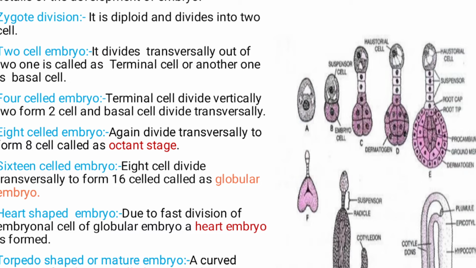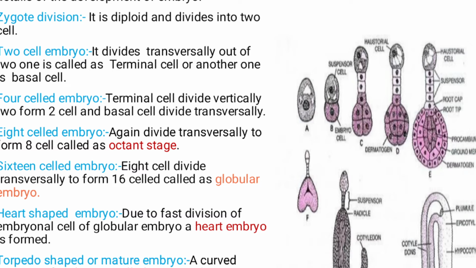Now again it divides. The two cells again divide transversely to form four cells: 1, 2, 3 and 4. The embryo cell divides into four in number. It is called the quadrant stage and it forms a T shape. In certain plants, the basal cell also forms the hypocotyl, that is the root end of the embryo, in addition to the suspensor. The terminal cells are arranged in a T shape. You know very well. Okay? And the four embryonic cells, that stage is called the quadrant stage.